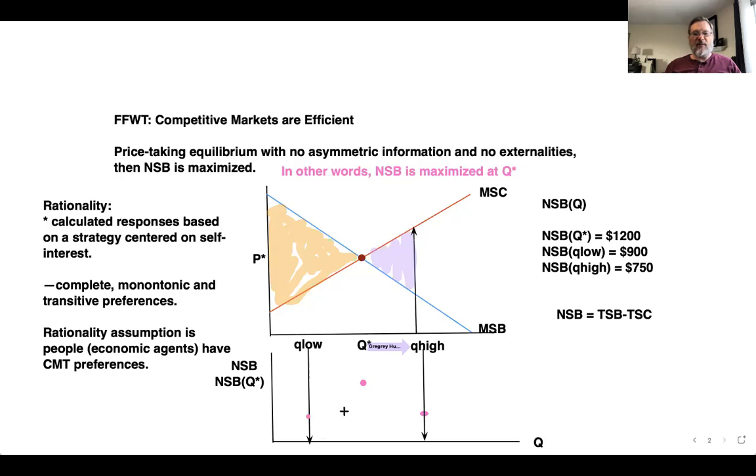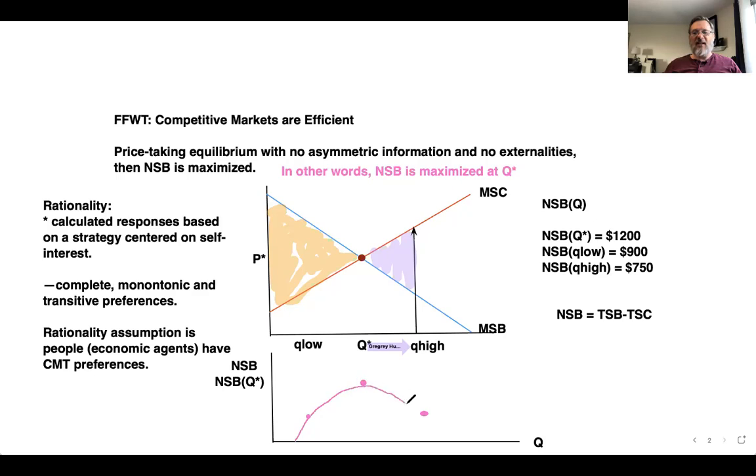Okay, there. So you can see the 3 dots, and I'm going to go ahead and erase that and erase that. And then actually, I don't know if you see, but we did what you suggested at the beginning, except we just put more meat on the bone in the sense that we actually calculated 3 different values for net social benefit. And you can see the net social benefit function, right? If we trace it out, it's going to look like this